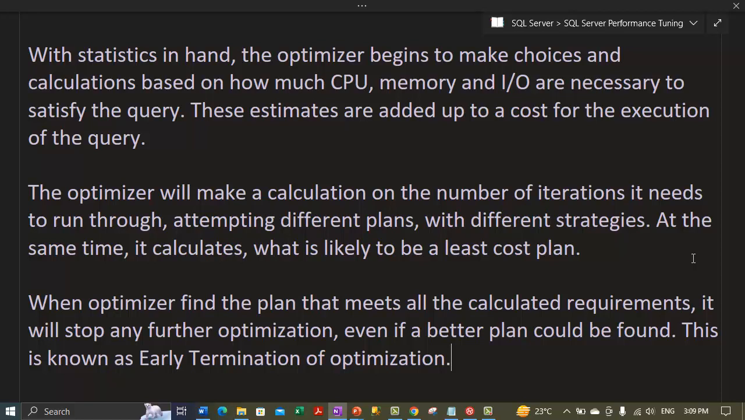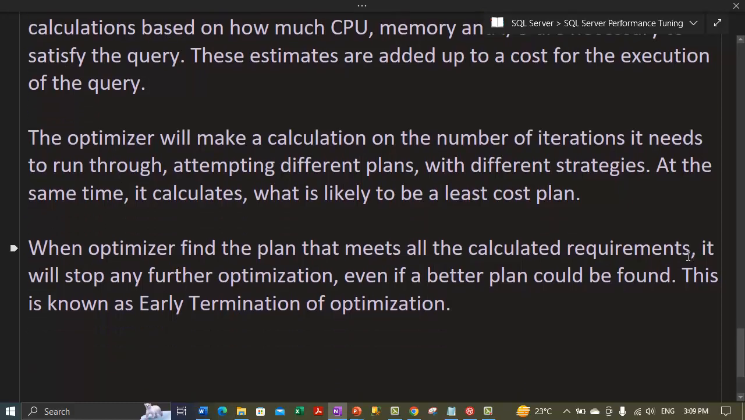So there is also a timeout associated with the optimizer. So after a certain number of iterations, the optimizer will stop doing the optimization. All right. Now,